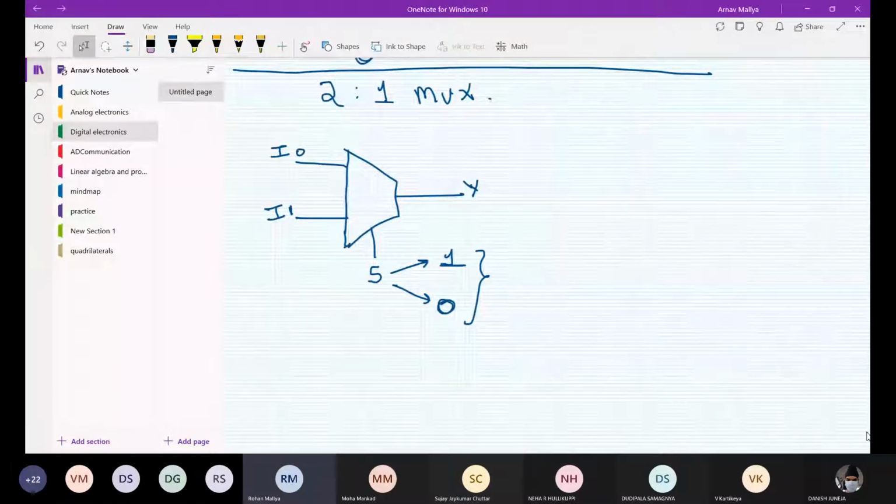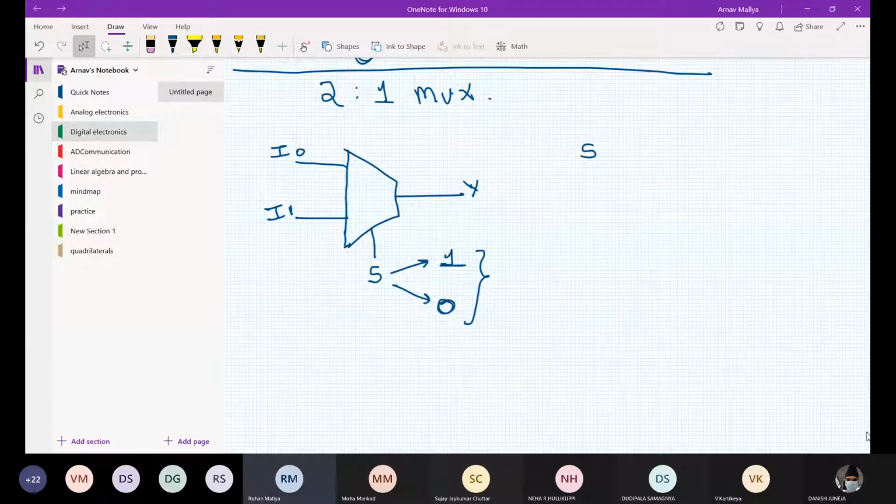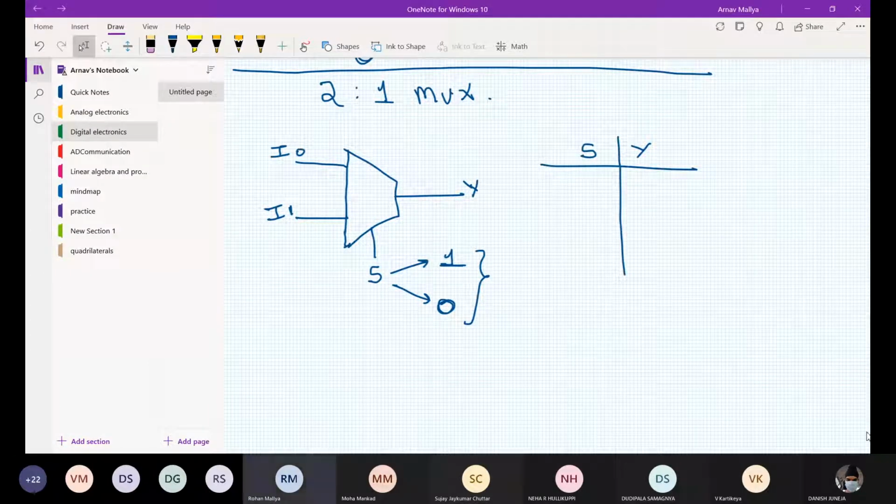Let me go to its truth table. This is the value of select line S and this is my output. The value of the select line can either be 0 or 1. When the value of S is 0, I0 is directly passed on to my output and I1 is rejected.